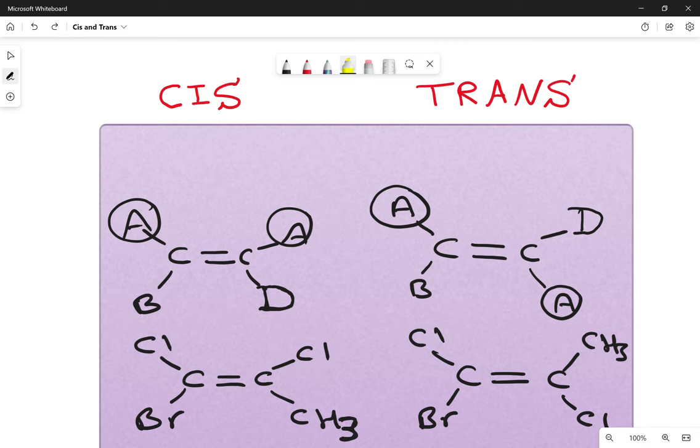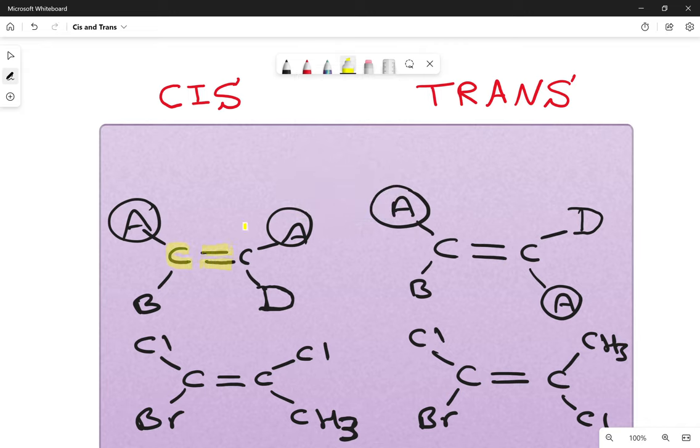Today I will talk about cis and trans isomers. We call them geometric isomers. They are two compounds that are exactly the same in terms of elements, but they have different properties: physical properties, chemical properties, and physiological properties. So in terms of formula, if you look here at that compound, you have C double